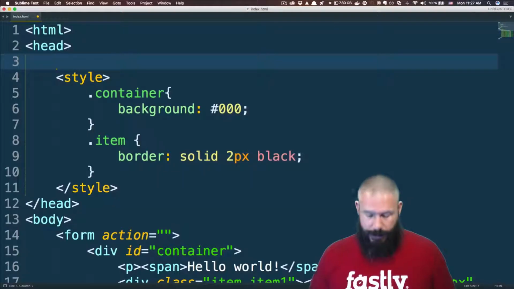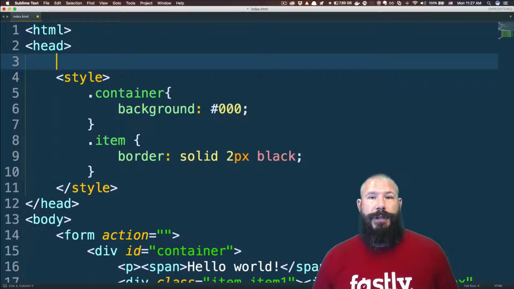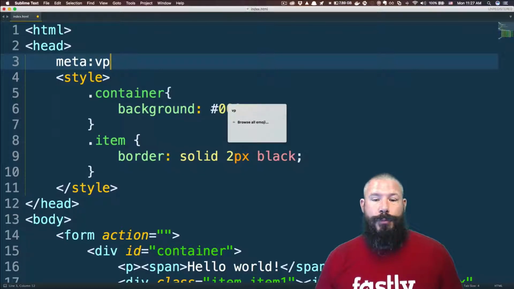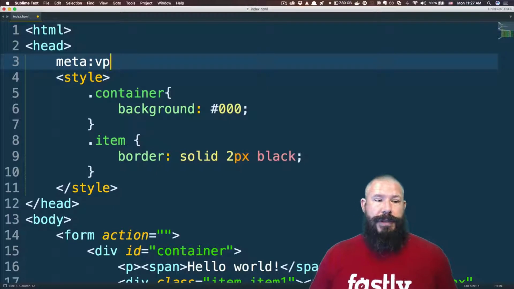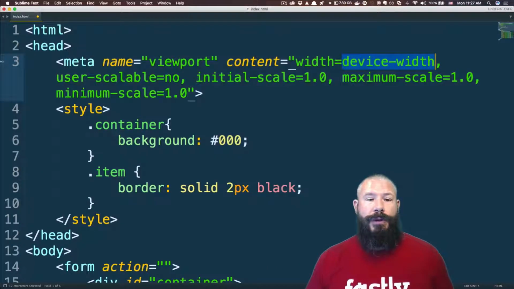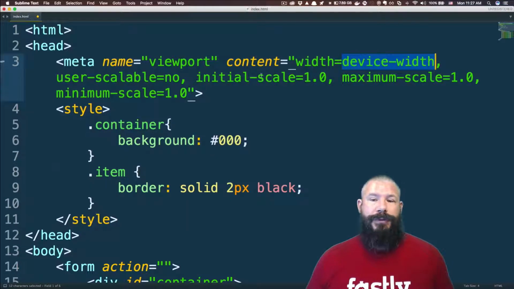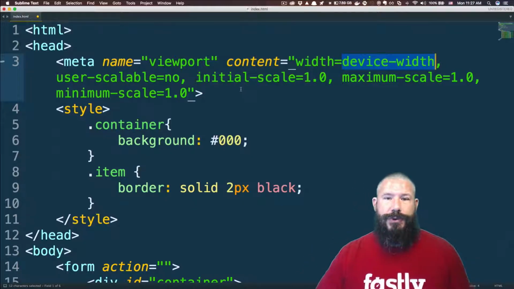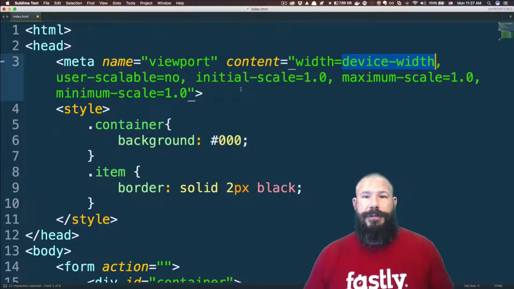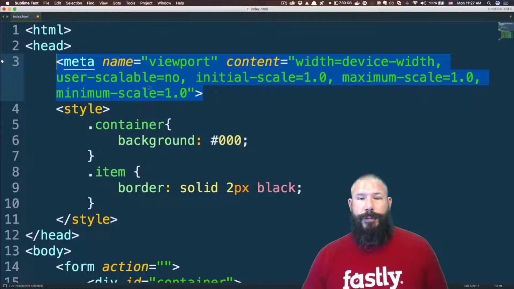I also wanted to mention that there is meta tag generation. Specifically, if you find yourself building responsive apps locally, you may already be aware that there's a viewport hack that you can use inside of a meta tag. And so Emmet also has that. You can do meta:viewport. And this basically gives you width, device width, scalable, scale, etc. All of this is to get around working in various browsers so that the browser will actually respond in its debug environment. Obviously, this is a lot to type out and even more to remember. So again,